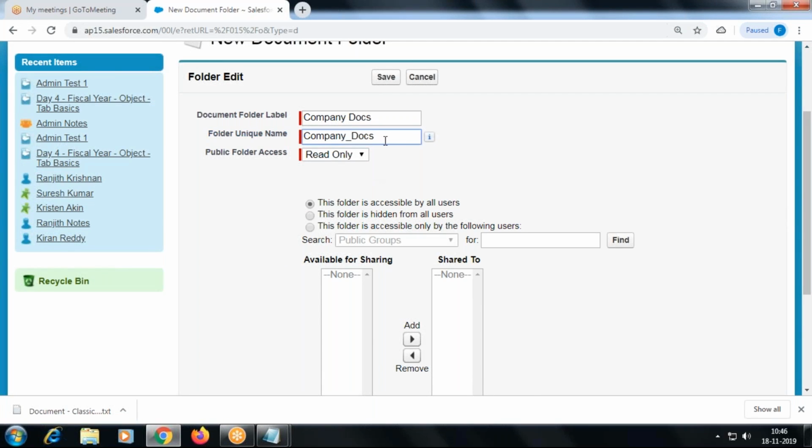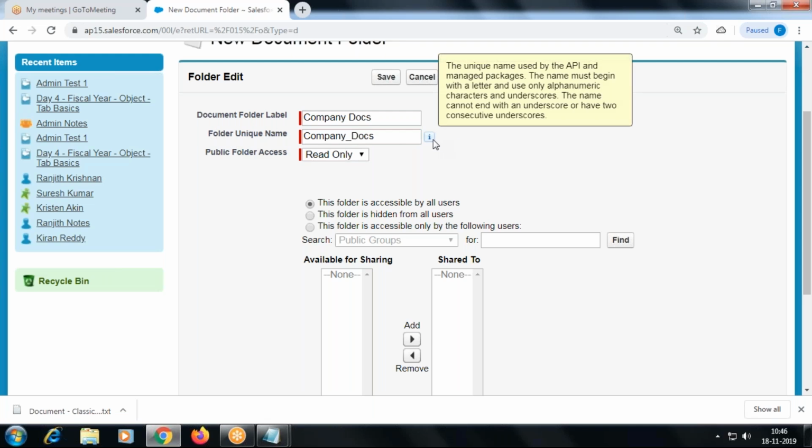This is a name I can refer to in my program. Some document I stored here, I would like to refer to in my program, for example to email the document to some other user. In the program, you can refer to the document by referring to this name. So wherever you find unique name, that name is mostly going to be used in your program.